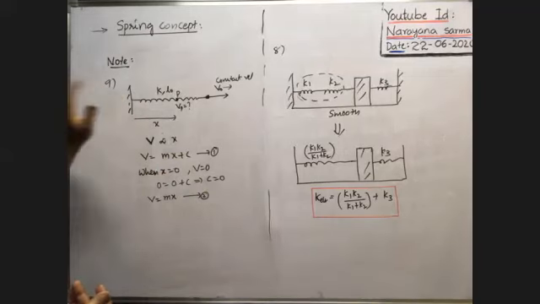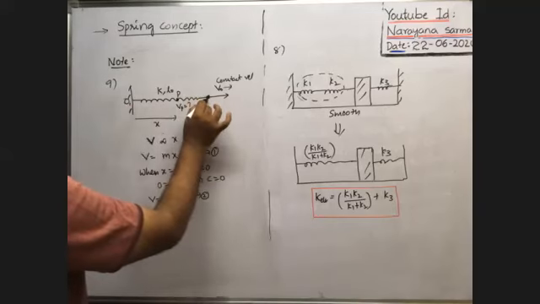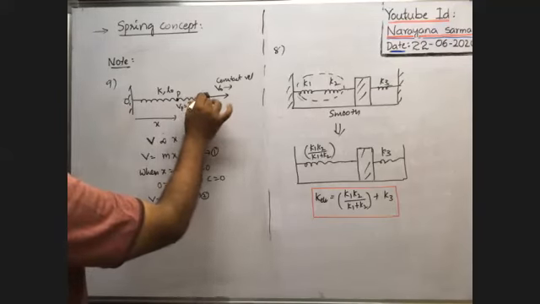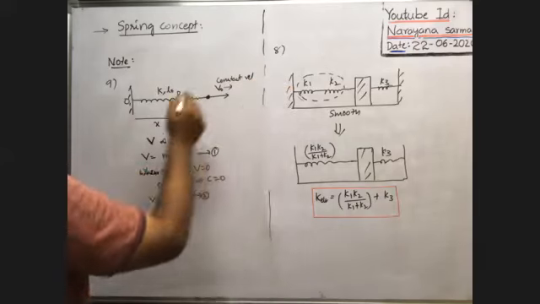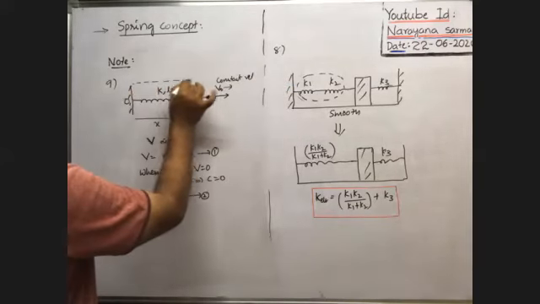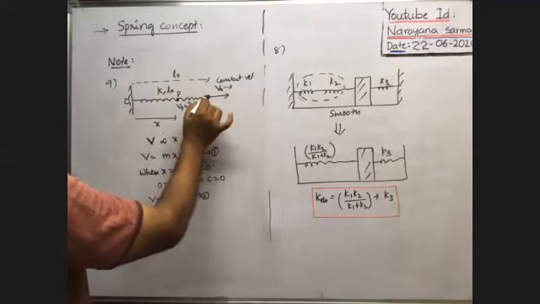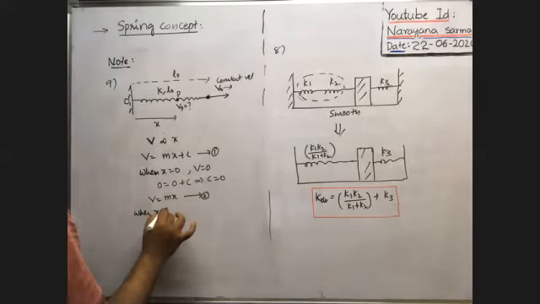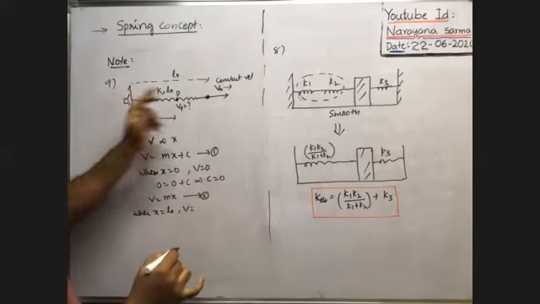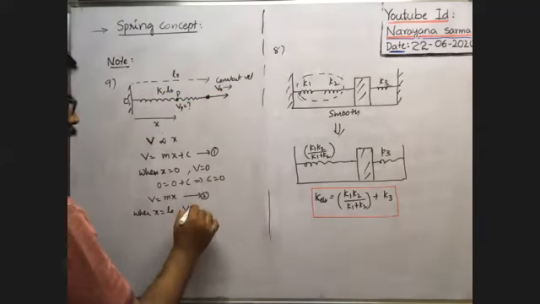In this case, one end is fixed at this point O. Now, the natural length of the spring is L0, no? From this, it is moved with a velocity v0 towards the right. So at the natural length L0, the velocity of this end of the spring is equal to v0. That's why when x is equal to L0, then v is equal to v0, no? Initially, the velocity is v0.